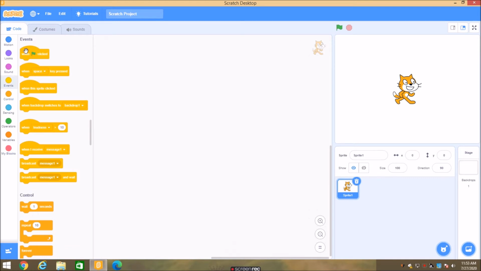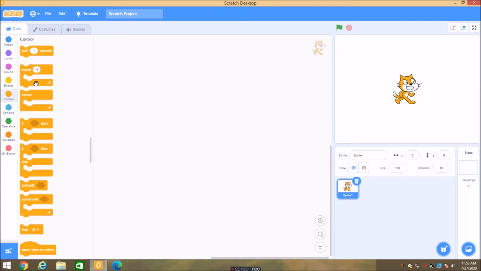These are one of the most important blocks. We can say the events section is one of the most important sections in coding, because every script starts with an event block only. These are the event blocks. You can identify them by their shape. They are rounded at the top left corner.